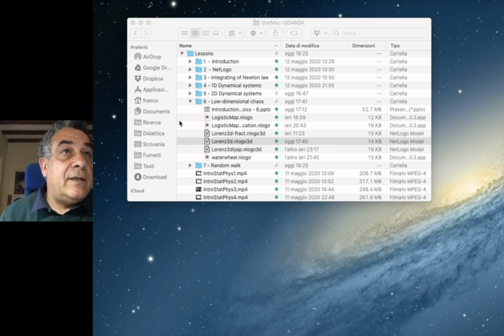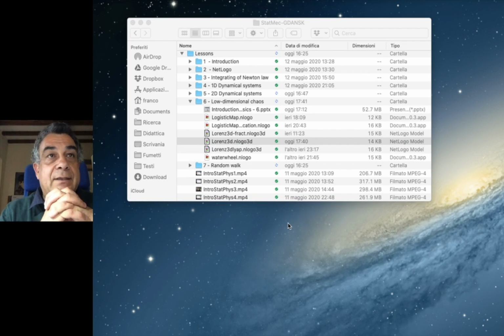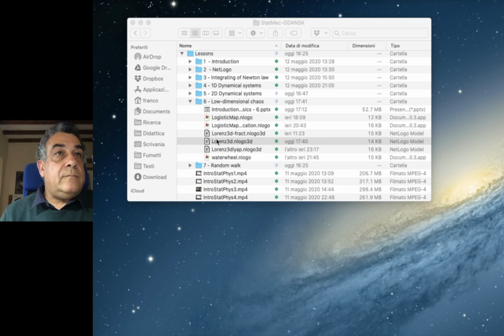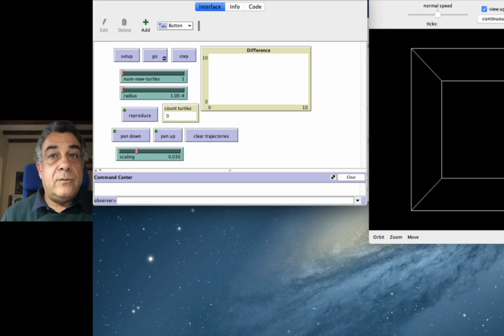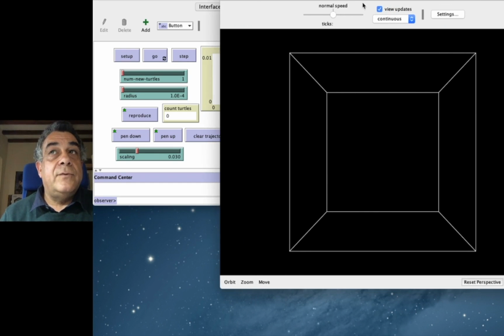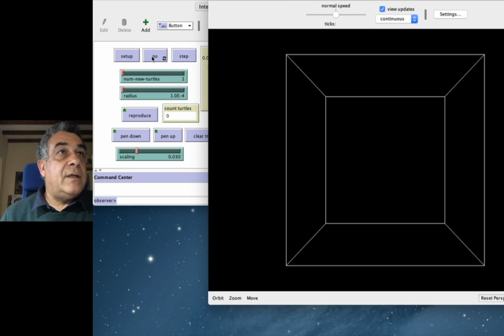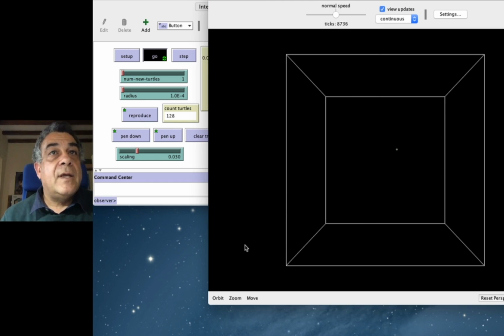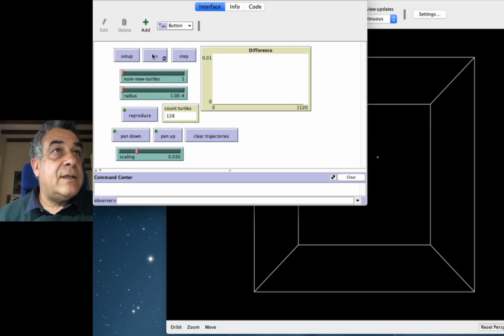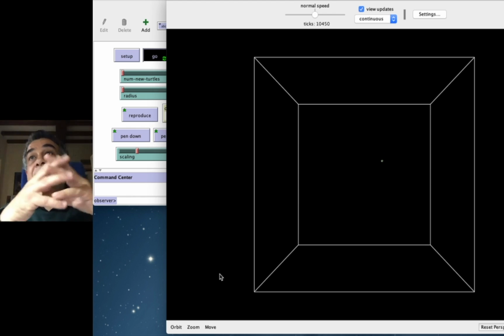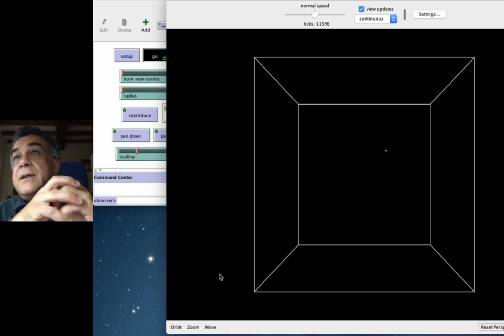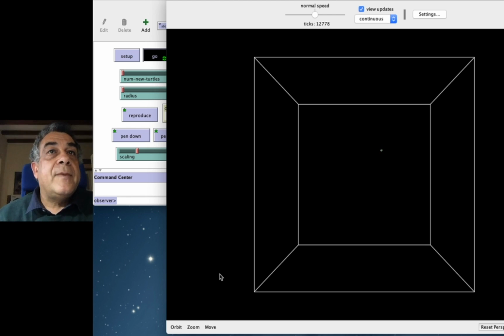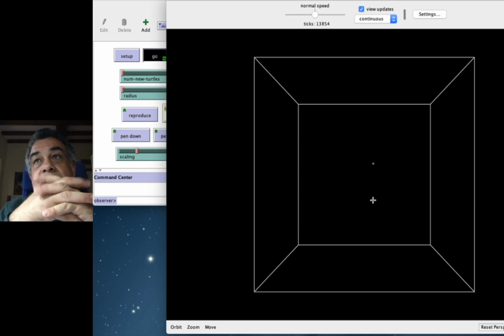Okay, now I asked too much of this system. So again, we can try with a larger view from the beginning. Set up, go, clear trajectory, pen up, create a certain number of turtles, go, and now let's stop before enlarging because this is very susceptible. We can see now we started with a very, very small ball of trajectories, and they stay together for a long time. But they are still separating at an exponential pace,